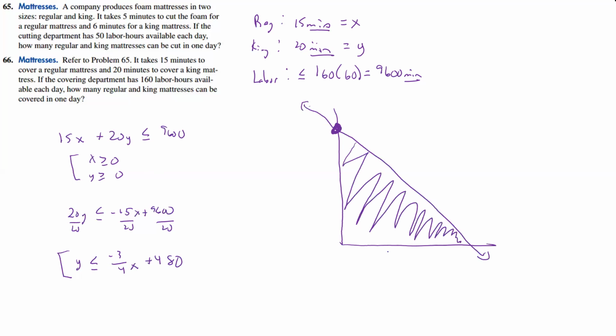Okay. Now, this one, what we could do is if we want to find this point, because we know that this point is 0, 480, we can plug in 0 for y and divide 9,600 by 15, and that's going to be what? 640 comma 0. So that would be what that point was. So those are definite points. And of course, that one is 0, 0. And so then we'd have our three corner points, and we know everything in between is going to be what